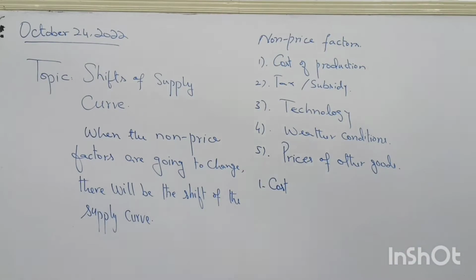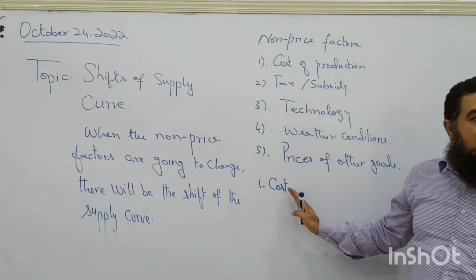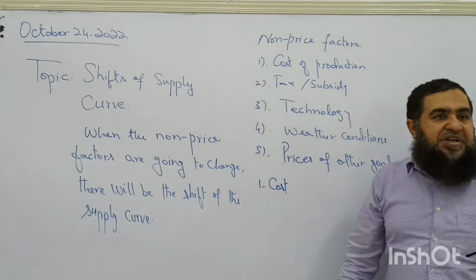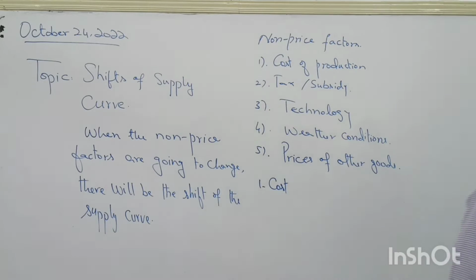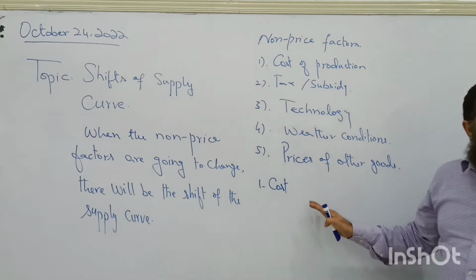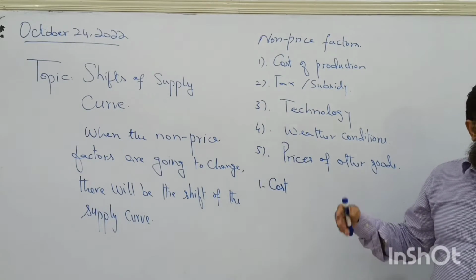So when trade union or the group of workers are asking for the increase in wages, and when wages are increased on the demand of workers, what happens? Cost of production will increase. Or raw material prices have increased by the raw material suppliers, or transportation cost has increased. And nowadays you can see the electricity charges have been increased by the electricity supplier. Clear? All these things affect the cost of production for any good.